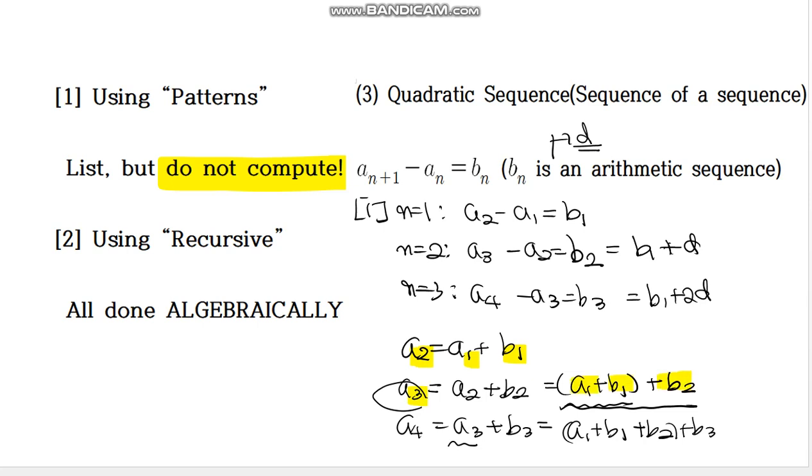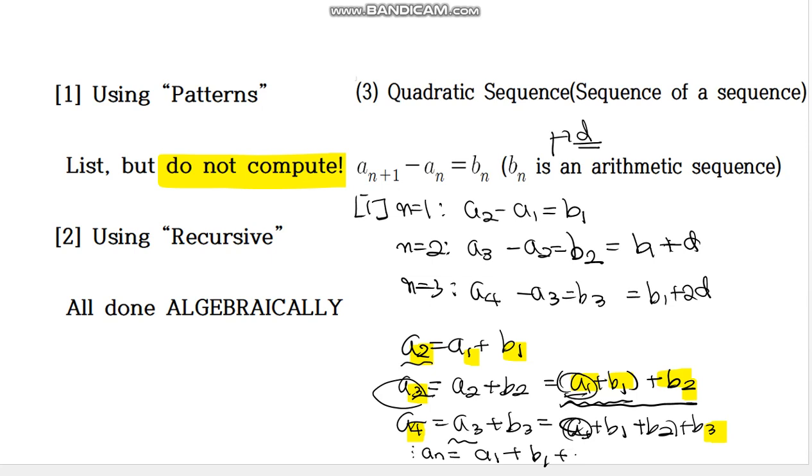The 3 terms are a1, b1, b2, so it stops at 2. It's 4, it stops at 3, right? Then if it is A5, then it will stop at 4, right? Therefore, if it is An, we go down. If we reach An, it starts with A1 because every term here starts with A1, right? A1, A1, A1. Therefore, it starts with A1, and then we add